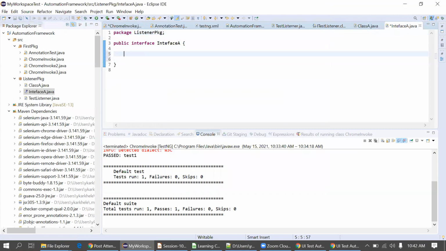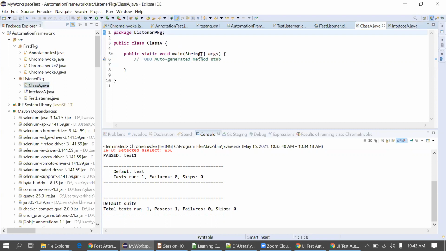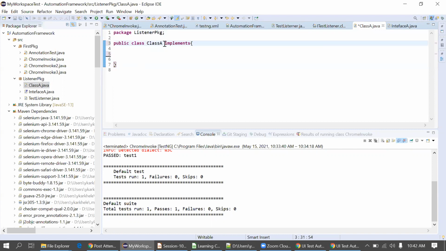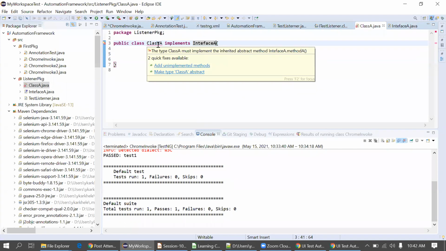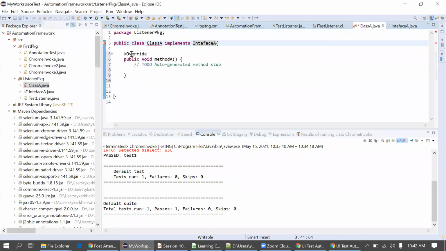Now I'll declare one method in the interface, method A. Now I am implementing this interface in class A, implements interface A. So now this class is giving an error, class A, add unimplemented methods. So I'm implementing this here.